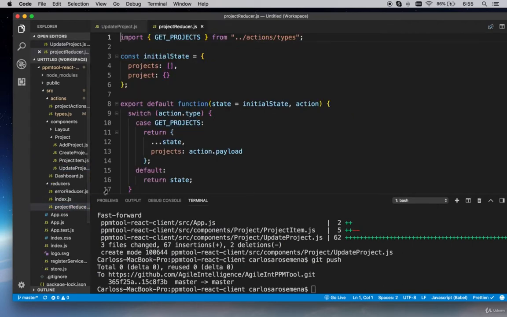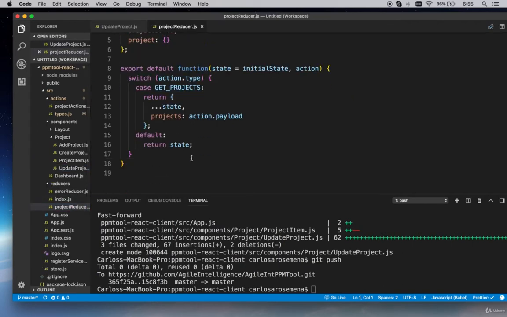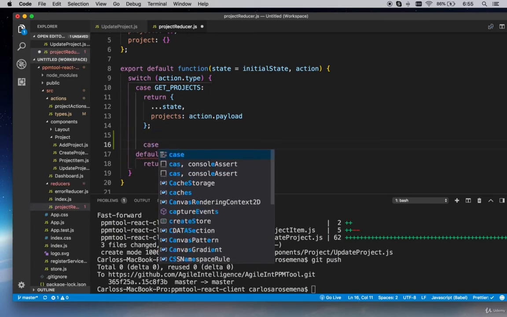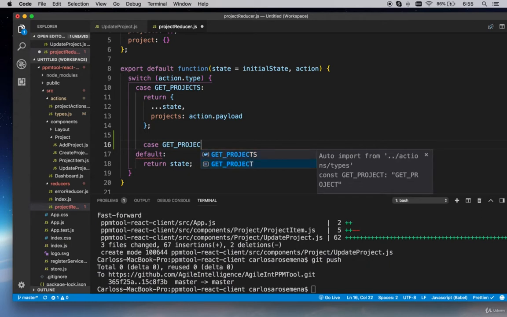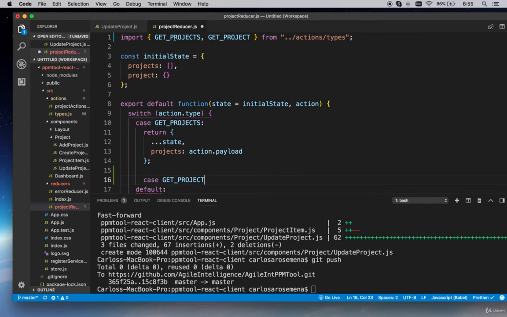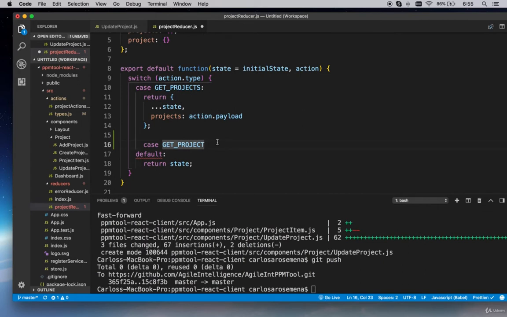And we're gonna go to our root reducer. We're gonna create a case for getting a project, and the case is gonna be literally get project, which I am going to auto import. Okay, so your imports should look like this: get projects, get project. Cool. Okay, so then I am going to wire up the case,